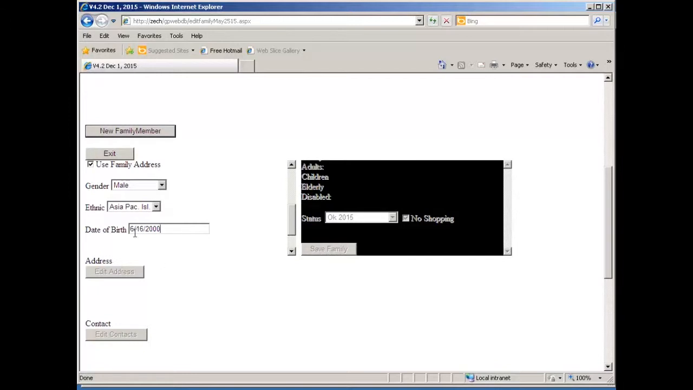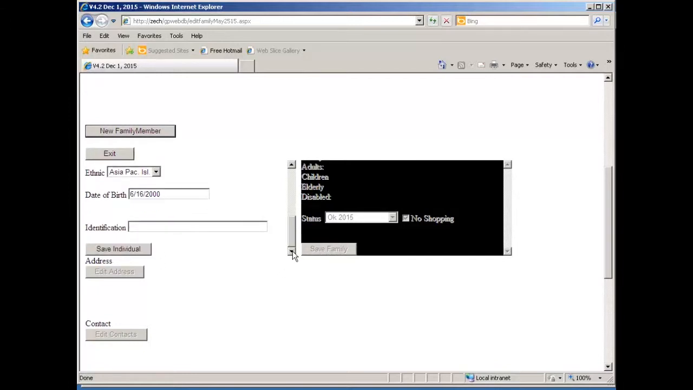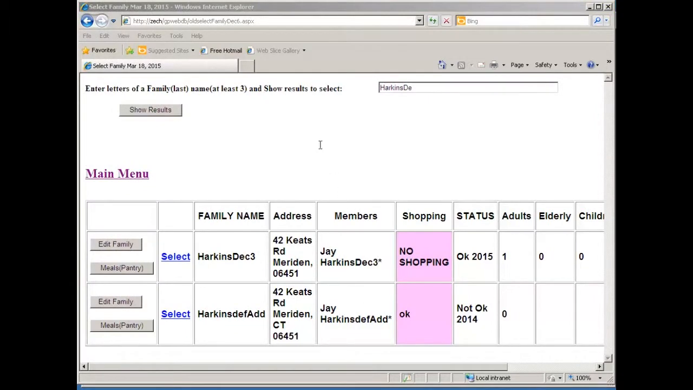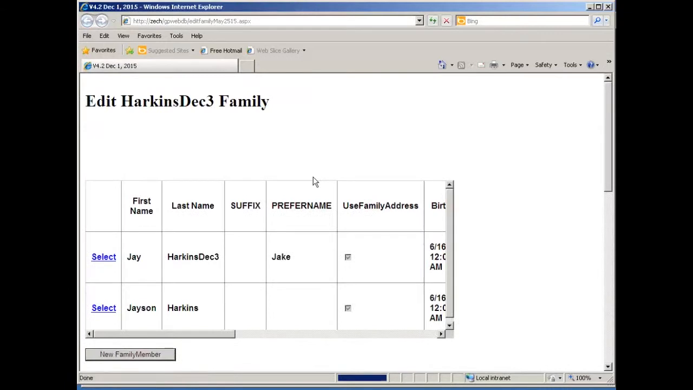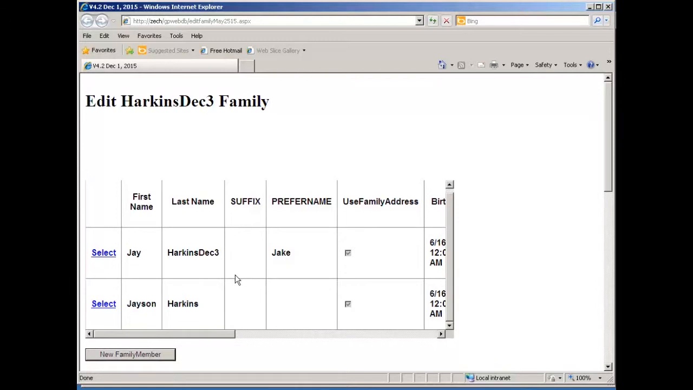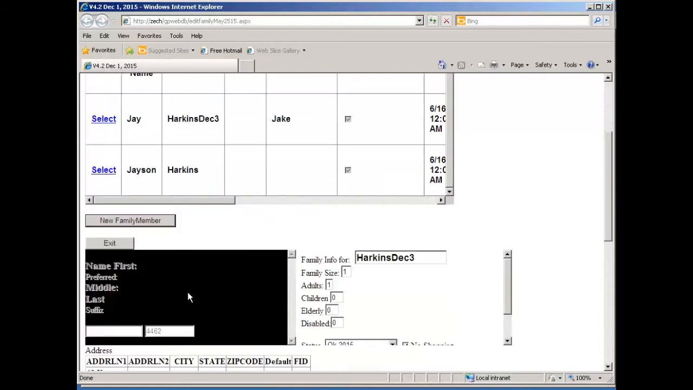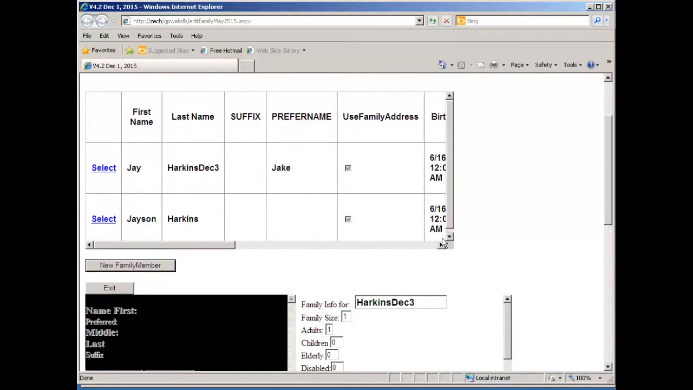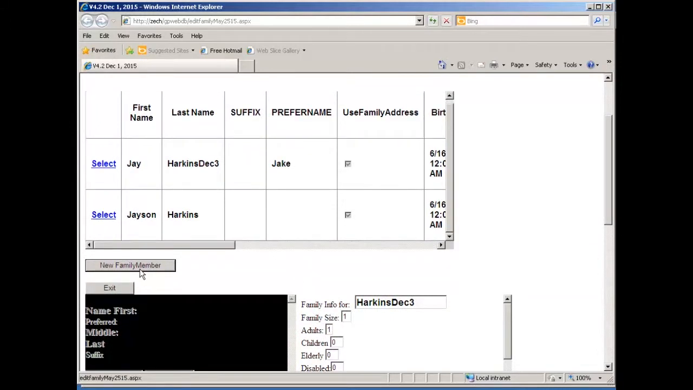Done. Scroll down and just say, oh, and also for a. And then that'll take us back to the select screen, so if we were to update, we can go back into this family, and we can see that this family now has this family member added. So there's another member in the list up there, and we can continue to add new family members,